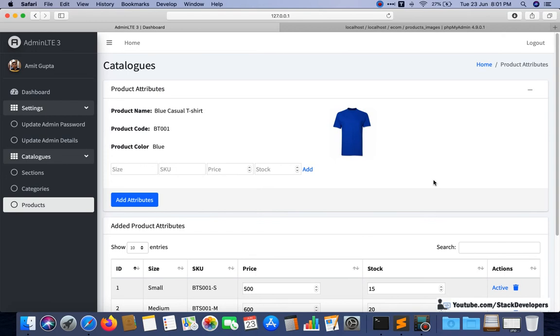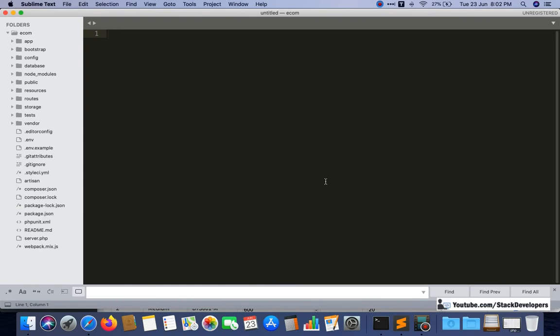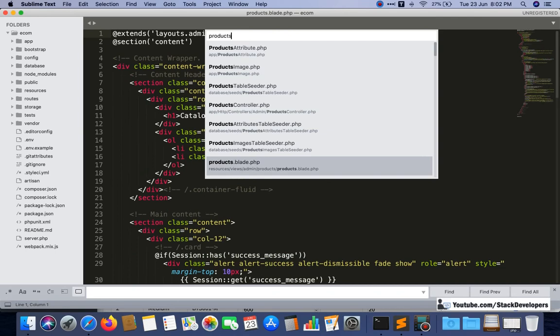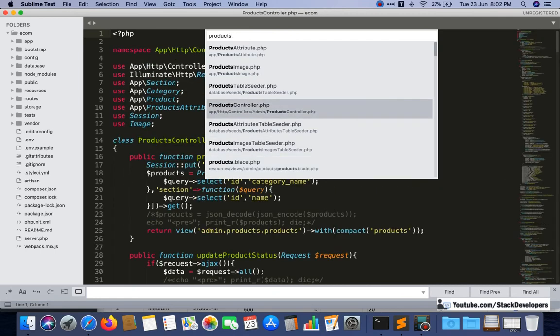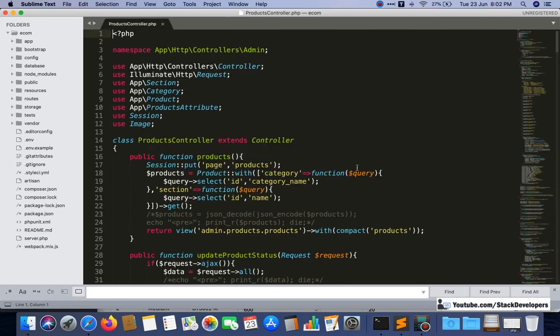But before that, we are going to make a few changes. We are going to resolve a few issues. Not exactly issues, but we are going to update our code to make it even clearer and better. Anytime we feel that we need to update our code, we are going to do that from time to time, because if we make our code better, that is really good for us.